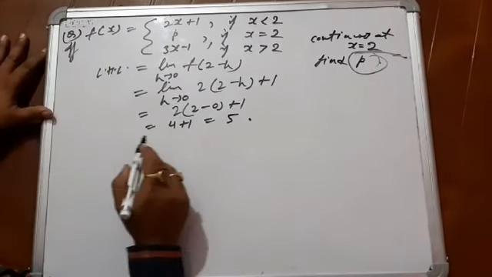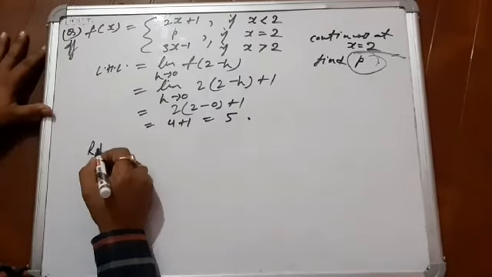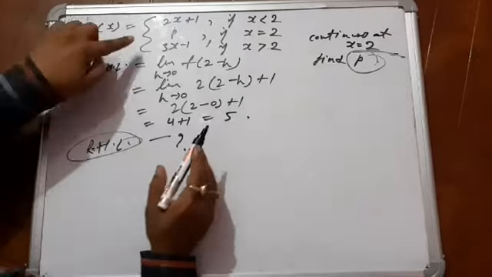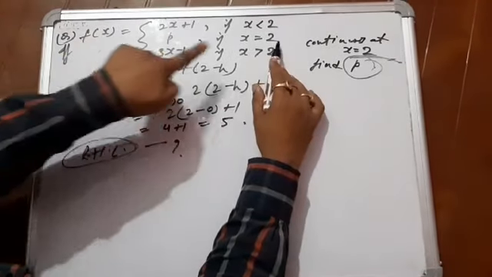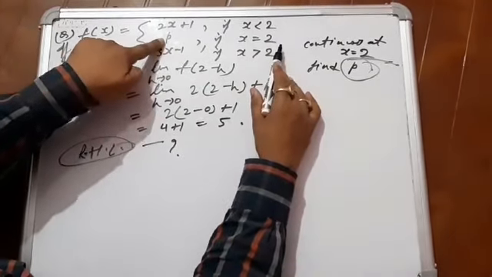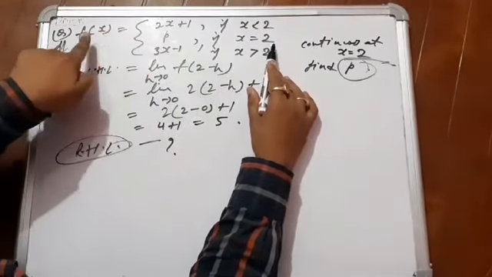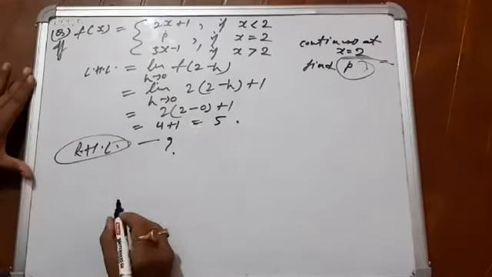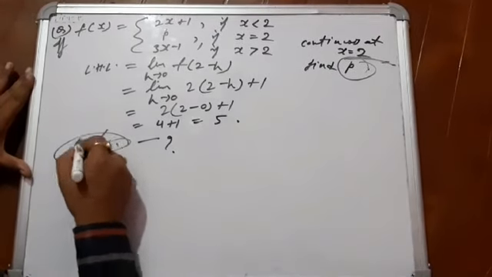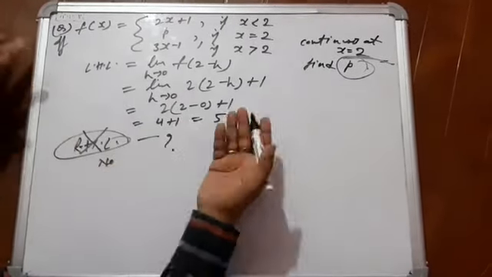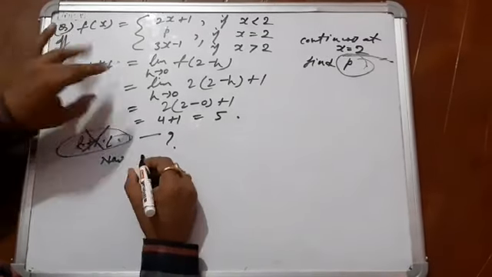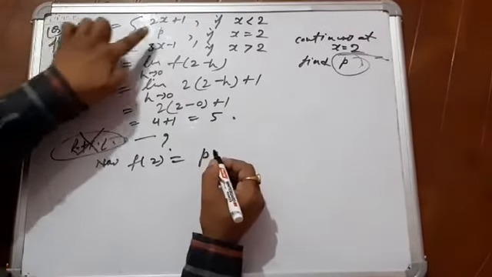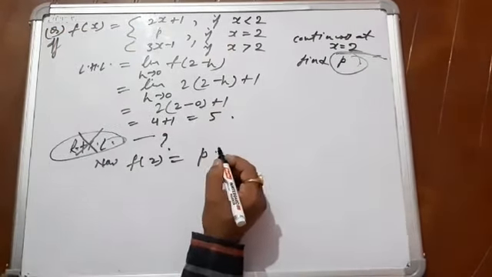Okay, now let us see. You are going to find out RHL. If you want, just find out, otherwise no need, because have you seen here, the value of the function is given here, f of 2 is p. So use that property, directly you will get the value here. So leave the RHL here, it is not necessary. If you want, you just find out. Now, f of 2 is p, have you seen? f of 2 is equal to p.